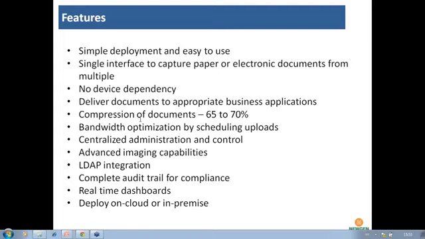Are there any specific infrastructure requirements for distributed capture? The infrastructure requirement depends upon the modes of capture. For example, if scanning is a mode of capture, you need a scanner with a desktop attached to it. If it is mobile capture, you need a mobile capture device. If it is email, then you already have email for these distributed captures. And at the center, you have a server processing those documents.